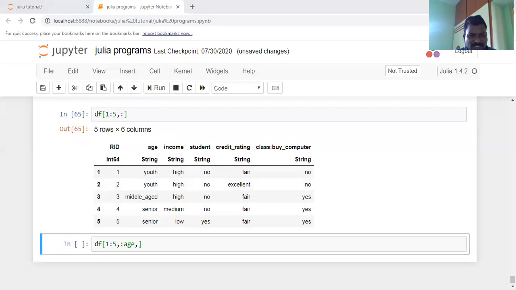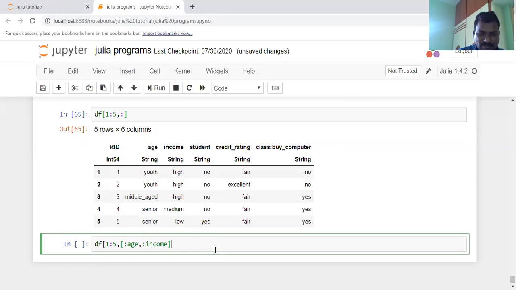I need income also. If you want to get the income, you may get it in the same way. Since these are two different values, take a bracket here.